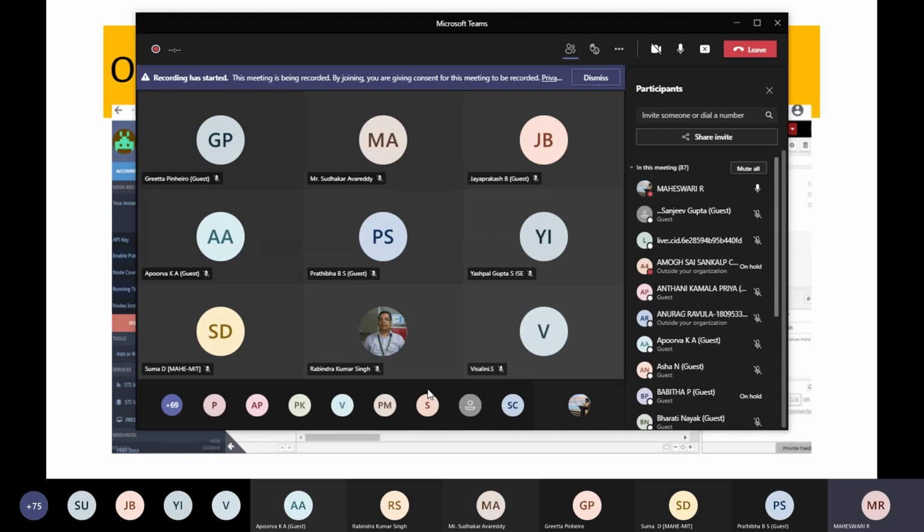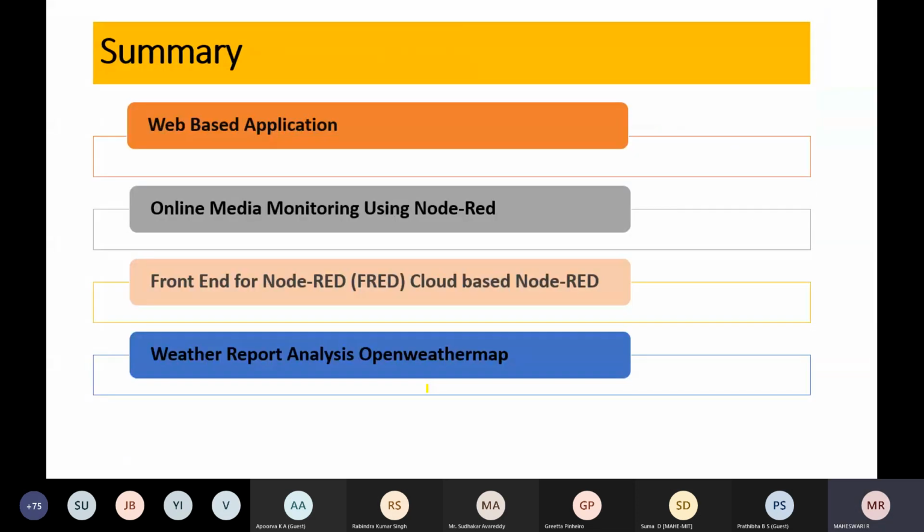If you want to work with weather data analysis, you can go with this open weather map. So this many nodes are available, so you can take the appropriate node, then you can process with your application. So this is all about the summary.